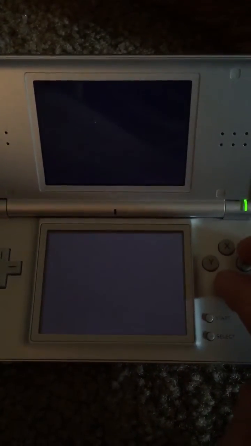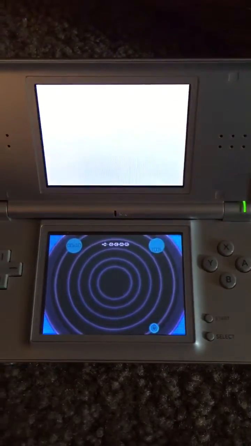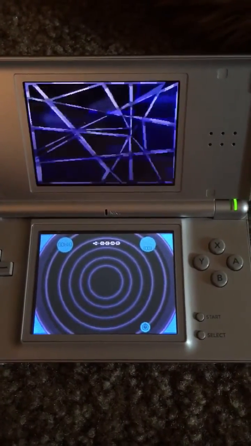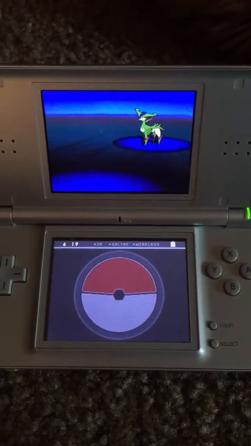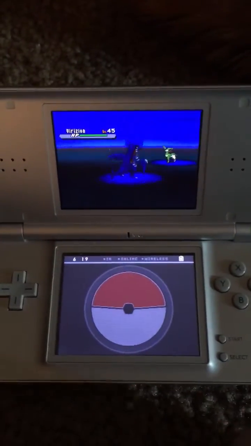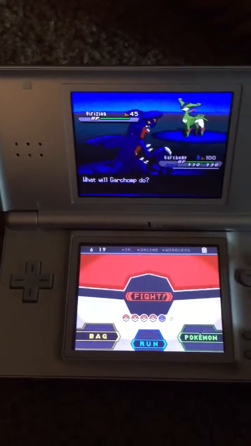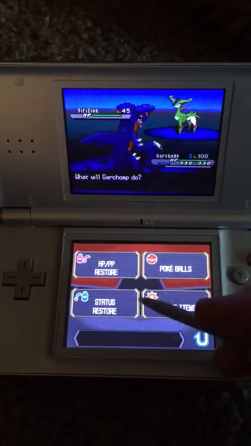Alright, and if timer 0 wanted to be our friend and I did everything right, we'll have our Shiny Virizion right here. But it's not. Boo! So I actually planned on this, or hoped for it. It's really, really rare that you get it on the first try, especially if you're going for a timer 0